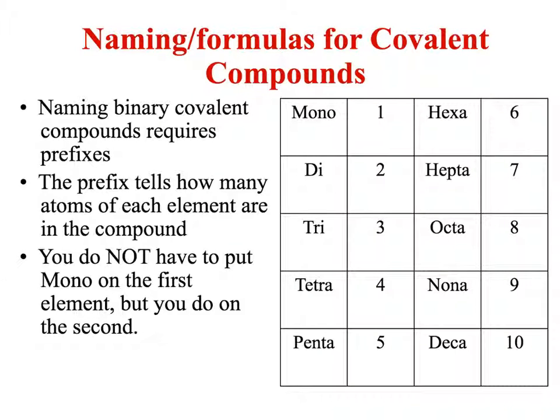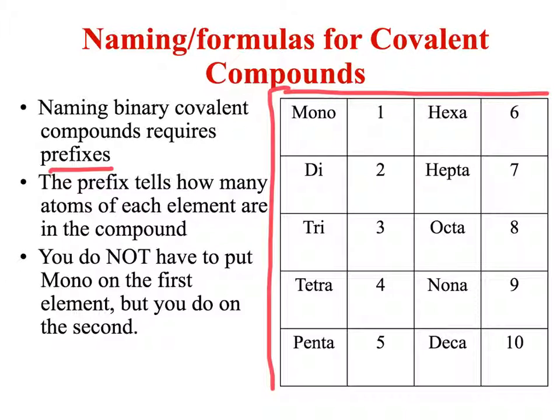Alright, and this is the very last section of the chapter, and it's about how to name covalent compounds. So with ionic compounds, it was sort of a pain, because with ionic compounds, if it was in D block, you had to use Roman numerals, you had polyatomics, there was all kinds of crazy stuff going on. Well, with covalent compounds, this is really simplified. All you're going to do is use prefixes, and the prefixes are going to tell you exactly how many of each thing there are. They are always going to end in "ide,"